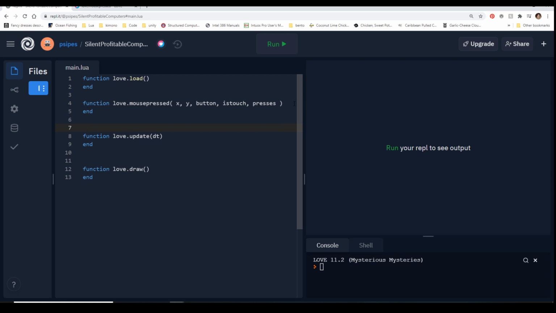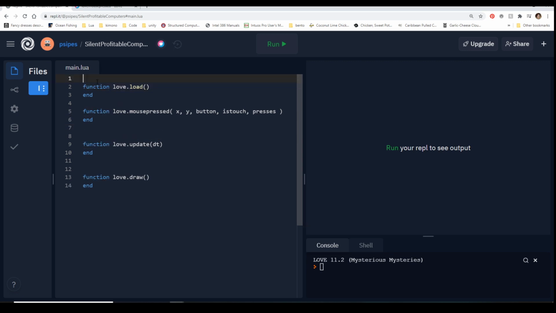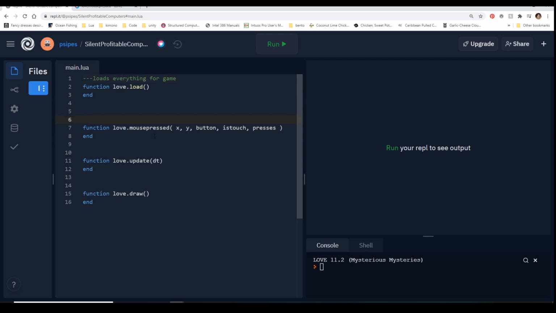And at this point, if you're still unsure of what all these functions do, write yourself a little note at the top of everything. So function love.load is going to be, loads everything for game. You only have to have 2 little dashes.